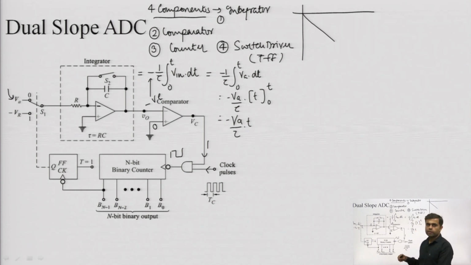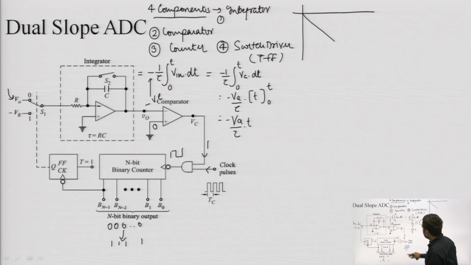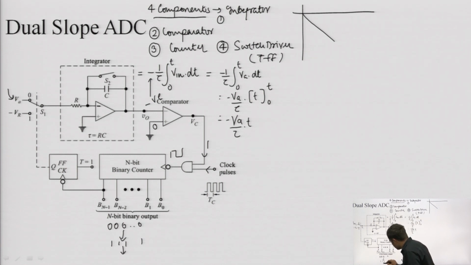As soon as the comparator output becomes 0, the AND gate output will become 0 and no more clocks can enter the counter. So the clock will be entering the counter, and the counter will start counting from 0 0 0 and so on, and finally when the complete count has been reached, all ones will be there, and if there is one more pulse, then it will be again 0 0 0 0. So we can see that there is a 1 to 0 transition at the MSB.